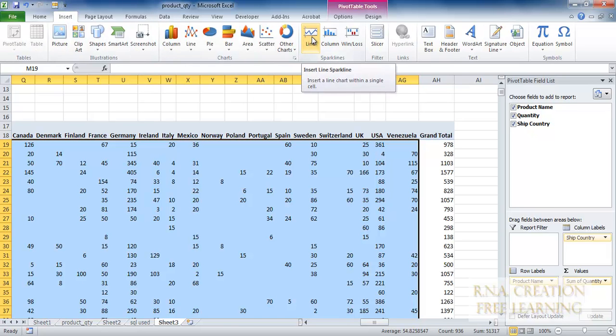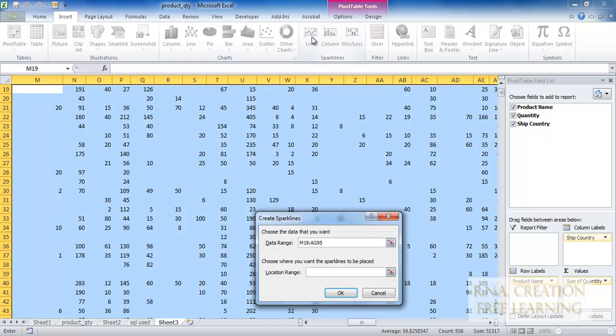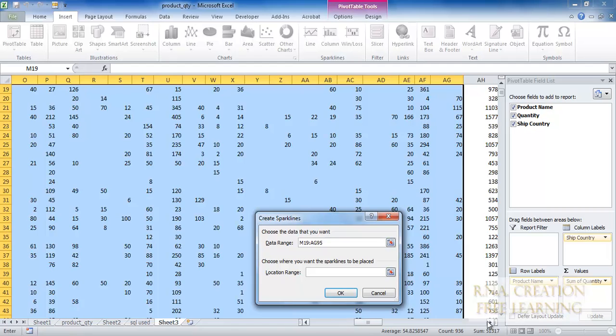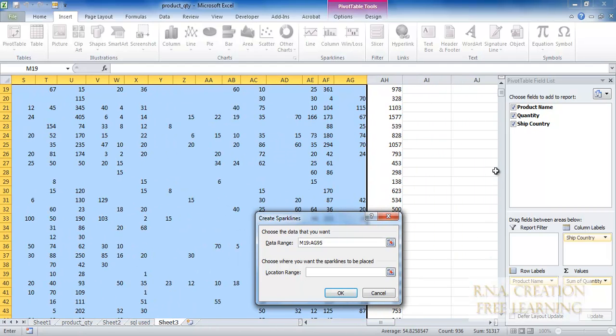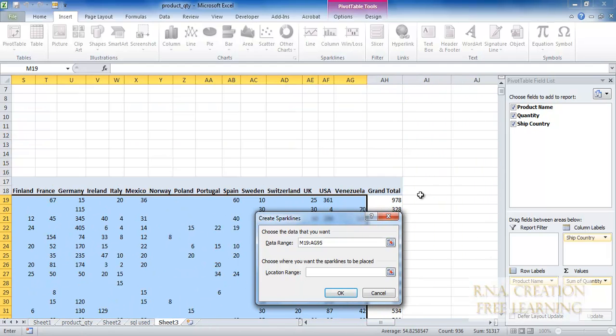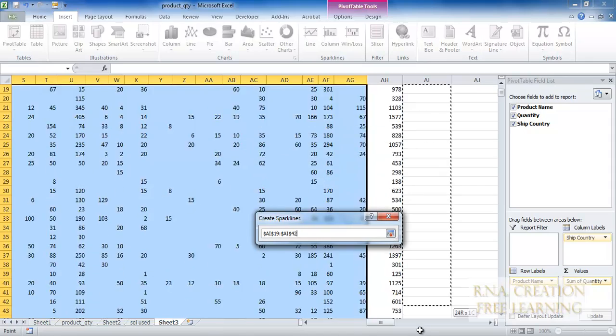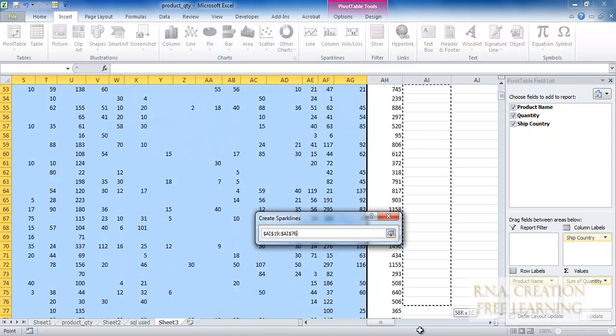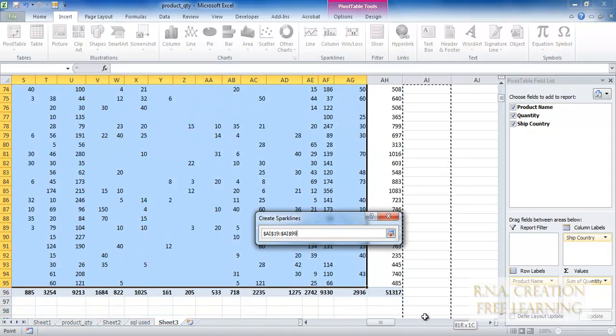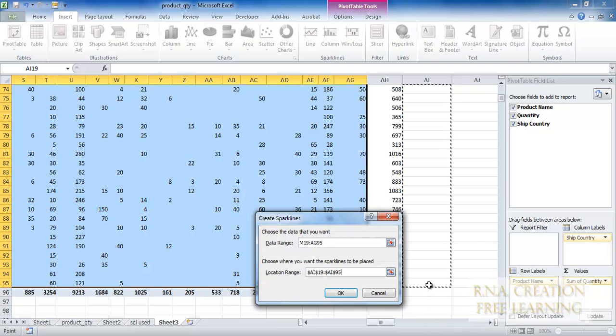You can see there is a Sparkline. I already selected the data, and I'm going to select the Sparkline. It asks for the location. Where do you want the location? I want it next to the grand total. Do not select the grand total because it doesn't make any sense to select it, and you can keep on selecting till the end, drag it and just leave it there.